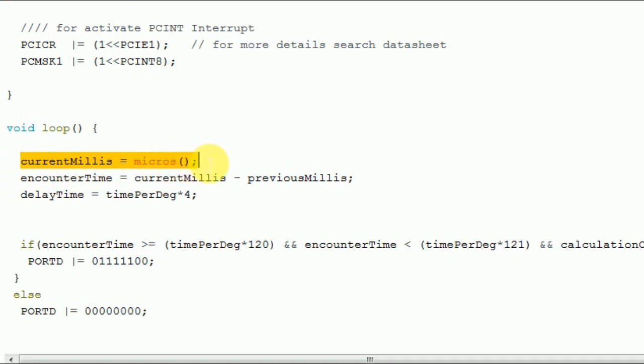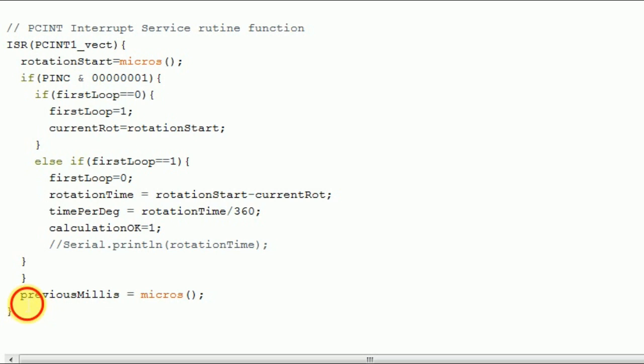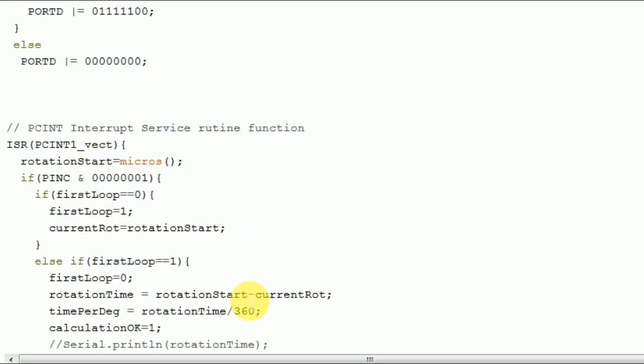At first, start a timer and calculate the exact encounter time by subtracting the previous millis variable from the current millis. Previous millis comes from when the interrupt ends in the ISR function.